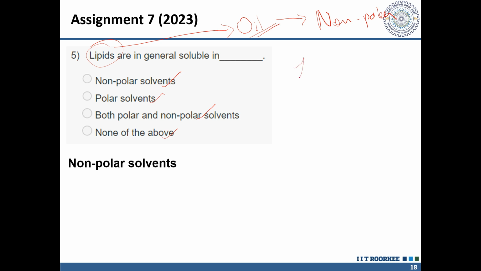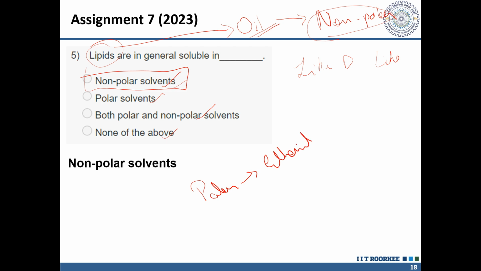like dissolves like. So non-polar compounds will be soluble in non-polar solvents. Therefore, the correct answer is non-polar solvents. However, some polar solvents can also be used to dissolve them, such as ethanol, but at very low solubility. So some polar solvents can also be used to dissolve these oils, but generally non-polar solvents are used